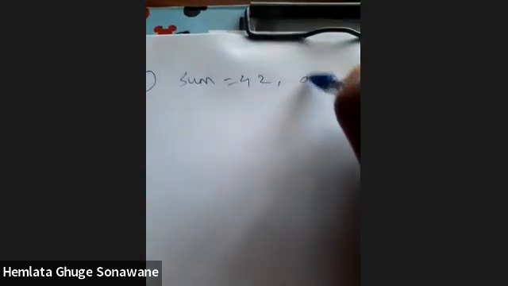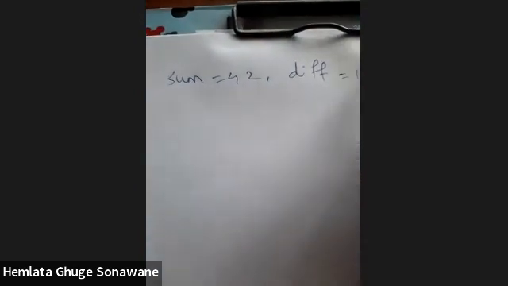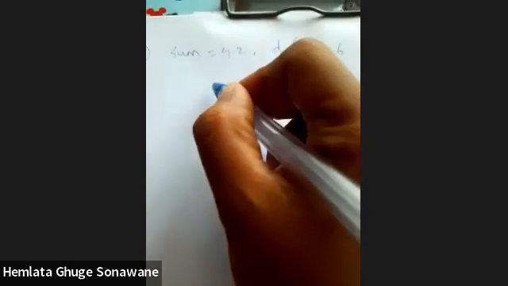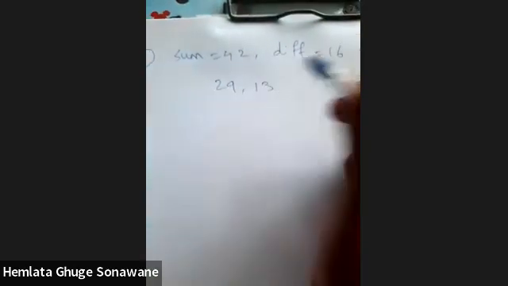We'll take one more activity which is given on page number 82 of your textbook. On the glasses of the following spectacles, write numbers such that sum is given and difference is given. We have to find out two numbers. In the first example, sum is 42 and difference is 16. Solution is written on the spectacles, that is 29 and 13.